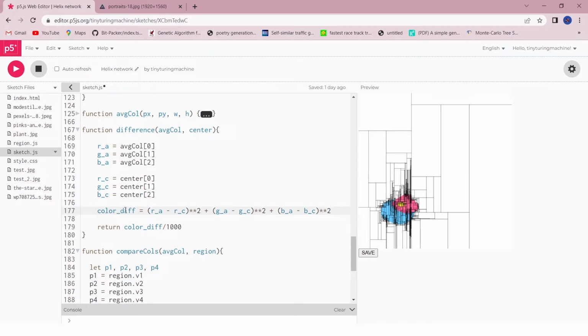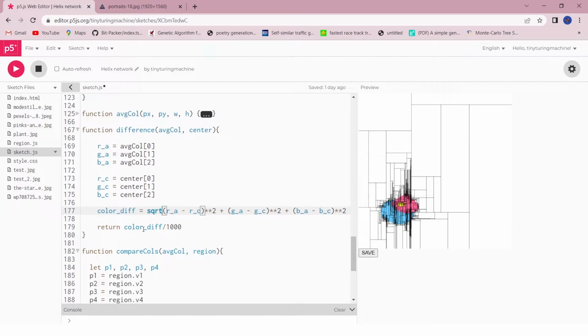So next we'll define a color different variable, and here's the entire square distance function, right? So first we take RA minus RC, square it, plus GA minus GC, square it, plus BA minus BC, square it. But in reality this entire thing should be a